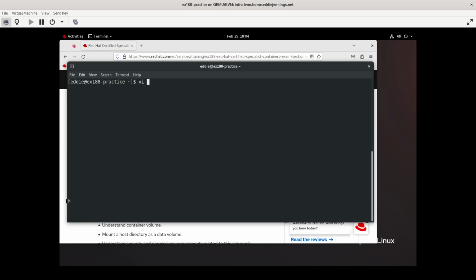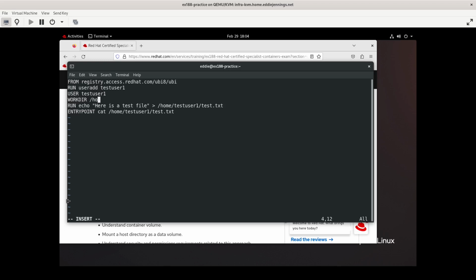So we'll clear the screen and let's go a little bit further and look at how the WORKDIR directive would work. So just like I've changed my user context to test user 1, if I were to add the WORKDIR directive, let's call that WORKDIR home test user 1, then from this point, anything else that occurs in the image, it is assumed to be ran from